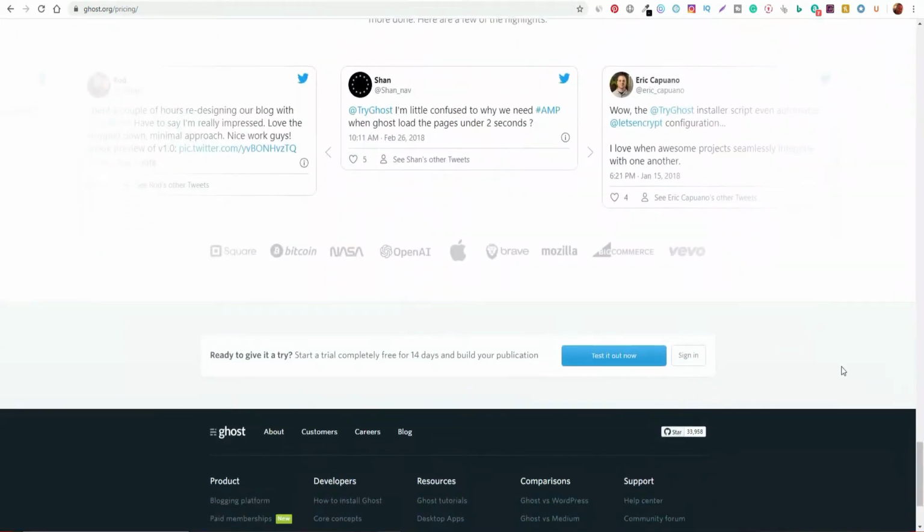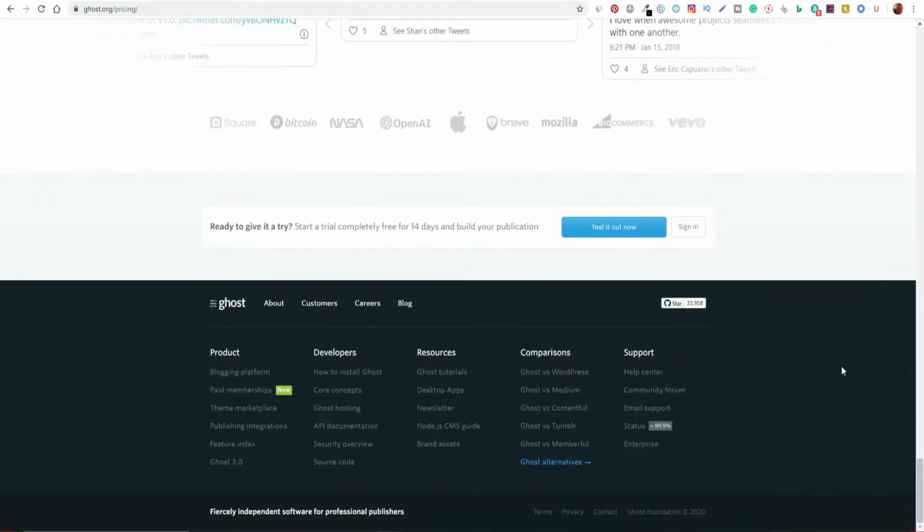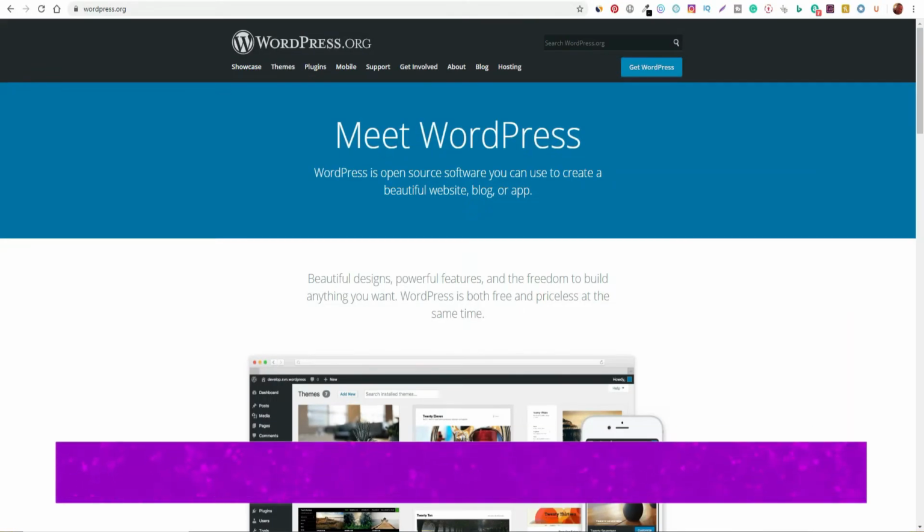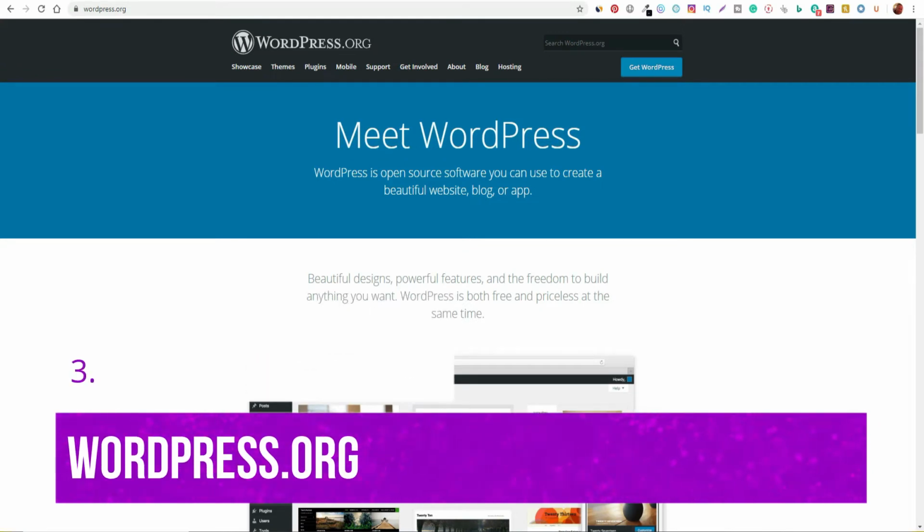So definitely feel free to check out Ghost if you think that it is also a good option for you as well. So next up on this list, we can't really have a list for advanced users without